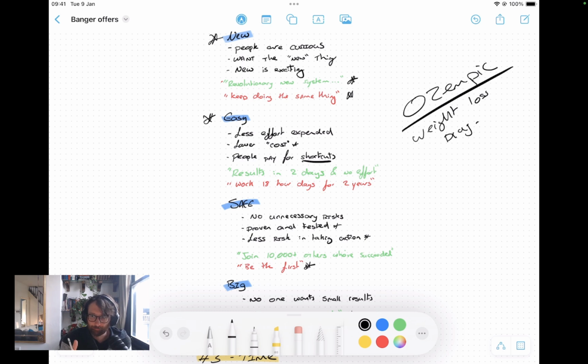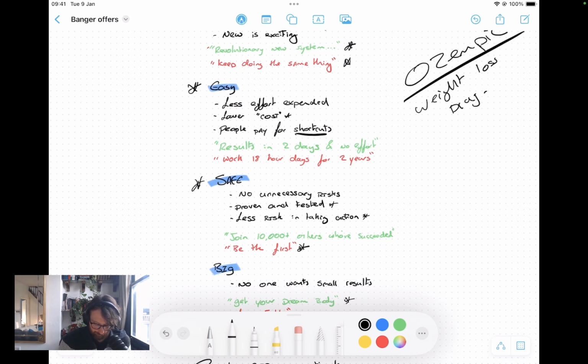You've got two options to lose weight. Go running every day, work at a calorie deficit, so eat healthier. That means buying healthy food, cooking healthy food, eating healthy food, saying no to junk food, exercising every single day. Or you can just inject yourself with Ozempic once a day or once a week or whatever it might be. I don't know.